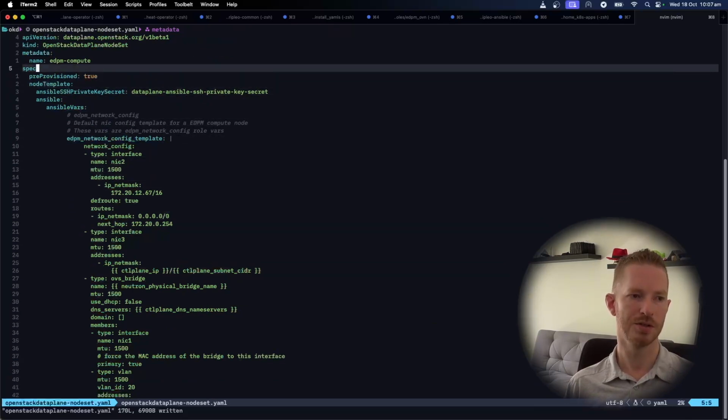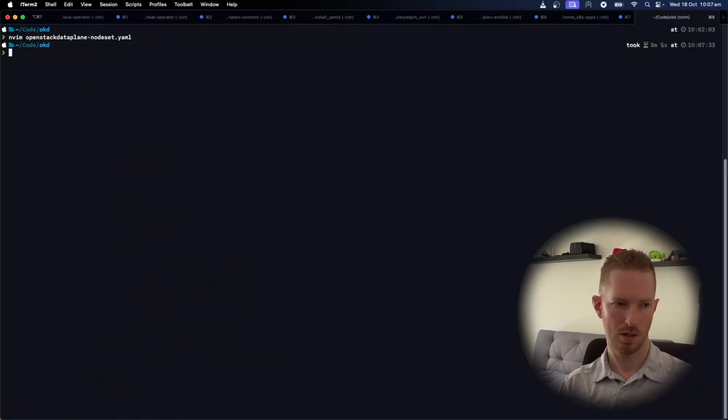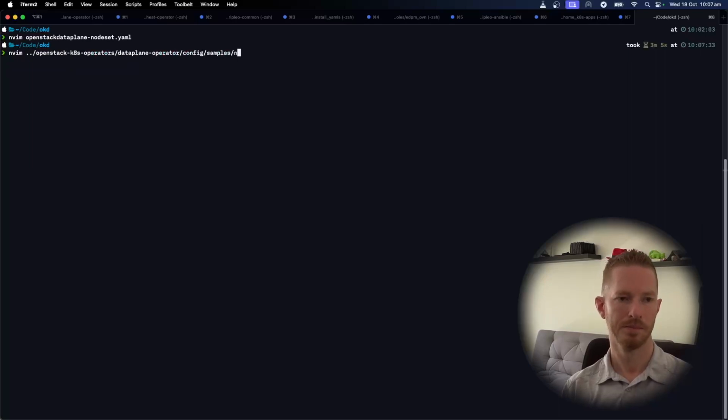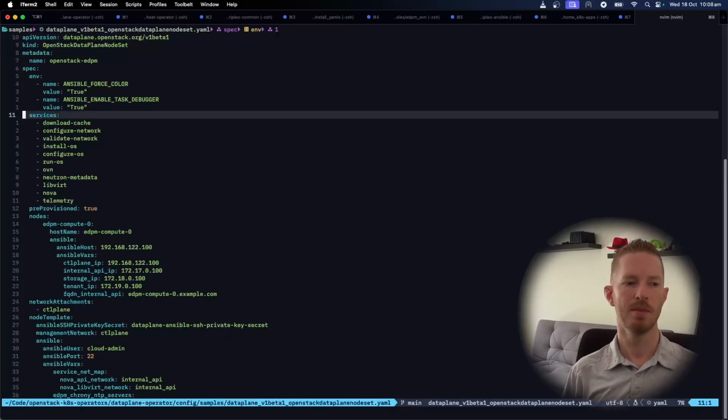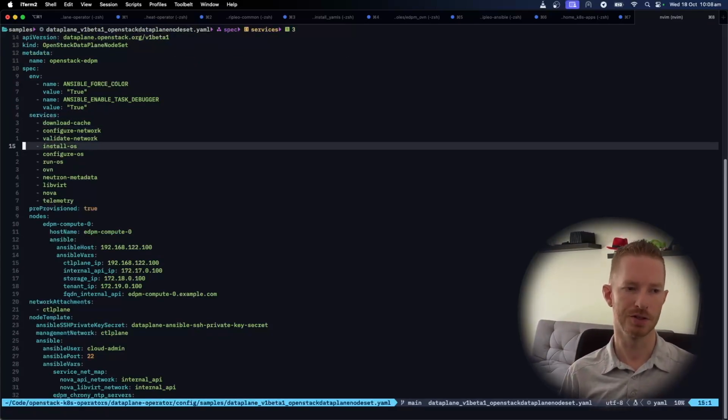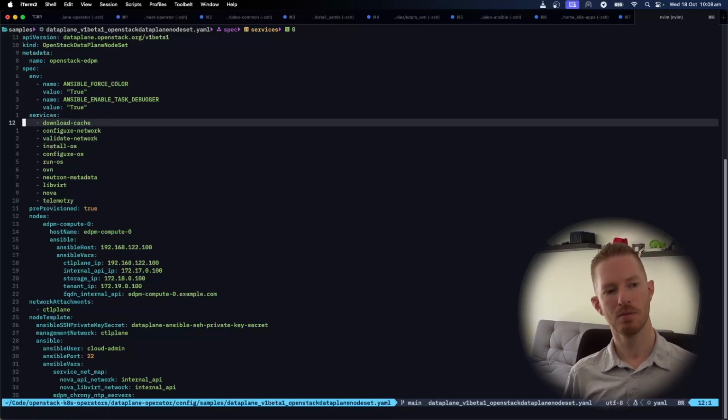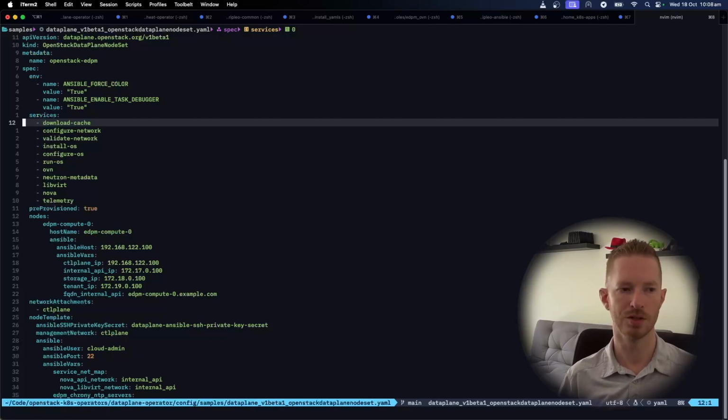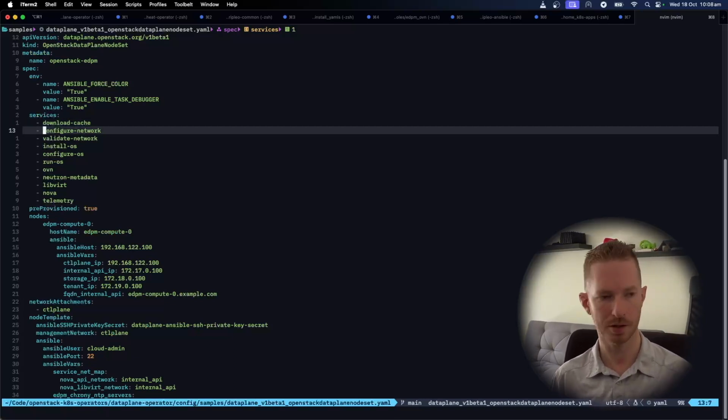The other thing you can do is define services. So we have a bunch of default services that I will show. So you can see here in this sample file, this one's providing a list of services. So services are nothing more than the definition of an Ansible role that we want to include and deploy for this environment. So if we take a look at, for example, configure network,